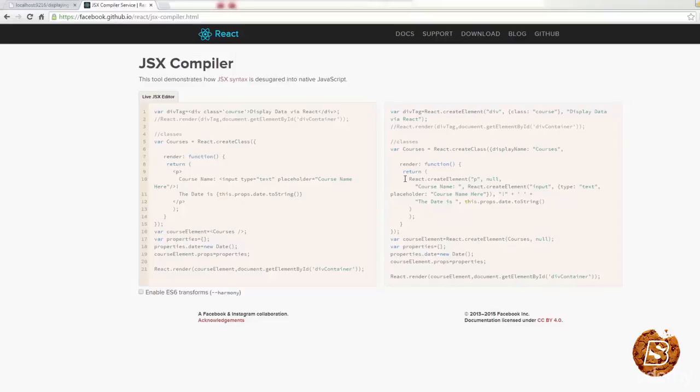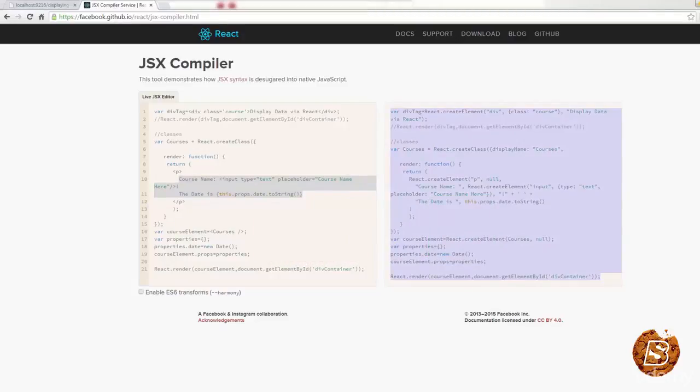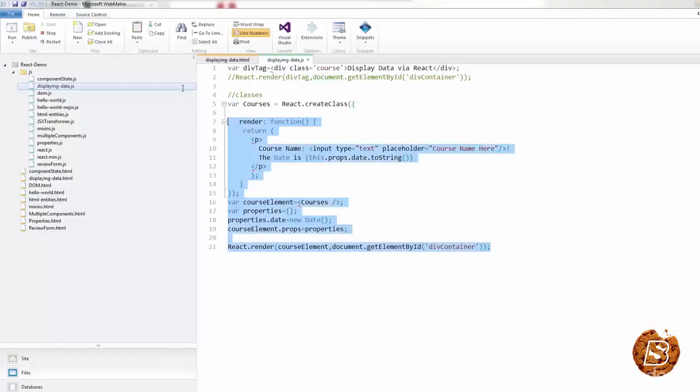So here you'll notice the difference. Basically, all the HTML elements that we have created in our JSX file will be recreated as React.createElement. Since it's quite easy to write HTML code, we make use of the JSX file. But when we have to move it to production, we can go ahead by converting it to a JS file. So if I just copy this code from here, and then in our file I put it over here,